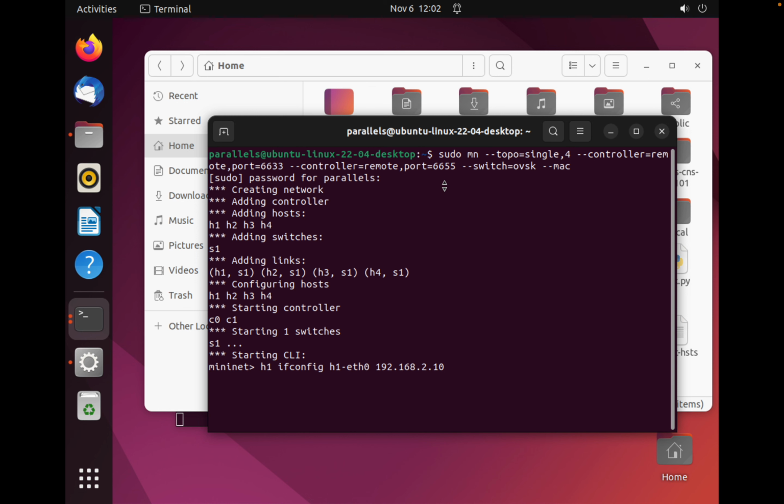This is for h1, the ifconfig command for .10. Similarly, we can do it for host 2, and similarly for host 3 and host 4. This will assign the IP addresses to all the hosts. Once this is done,